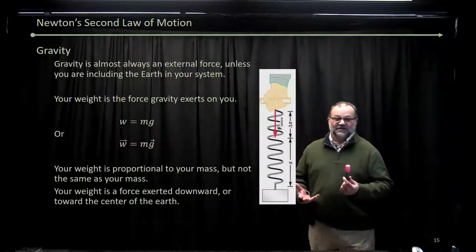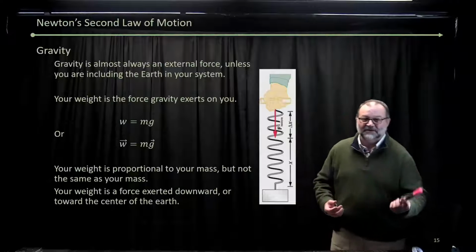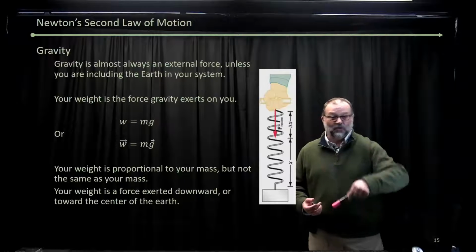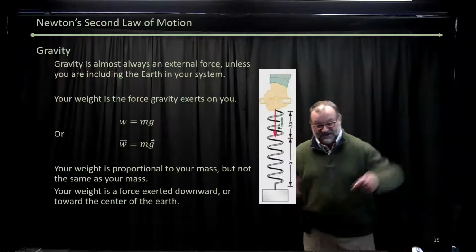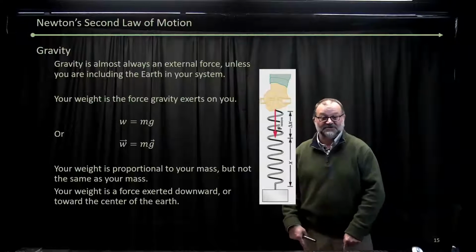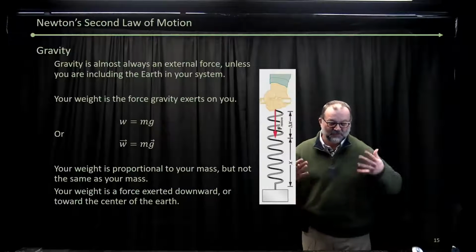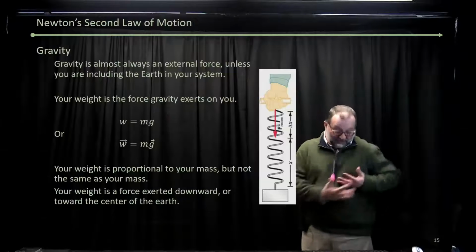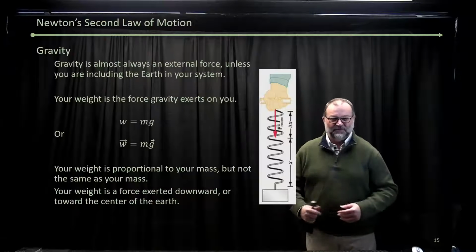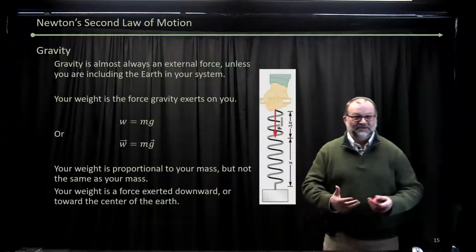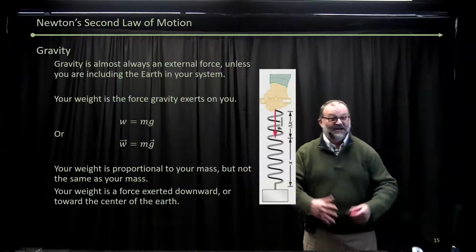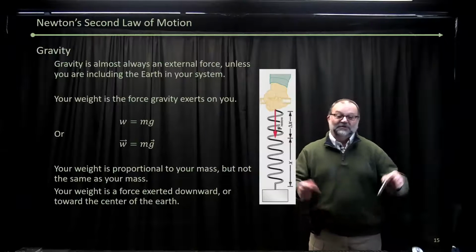Gravity is such a force. So the acceleration of gravity times a mass is your weight. And it has a direction straight down towards the center of the earth. We don't normally think of weight having a direction, but it does. It's a force. It has a direction. We normally think of it in terms of the scalar, right? Because we step on a scale and it just gives us a number because we know it's straight down.